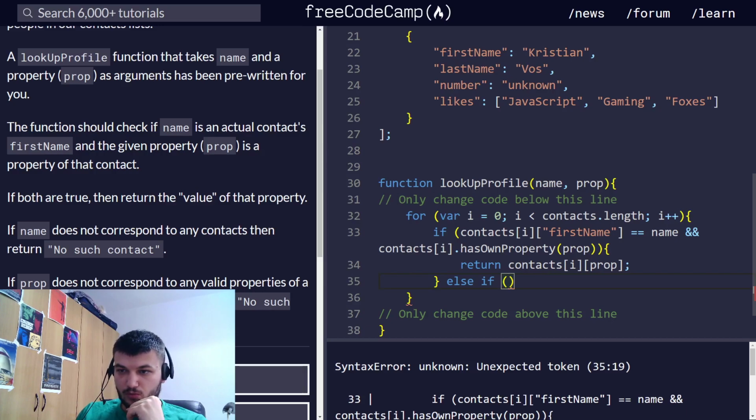So if it does not correspond to any valid properties,